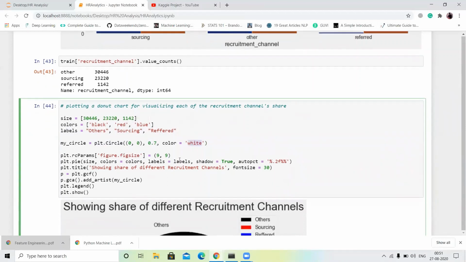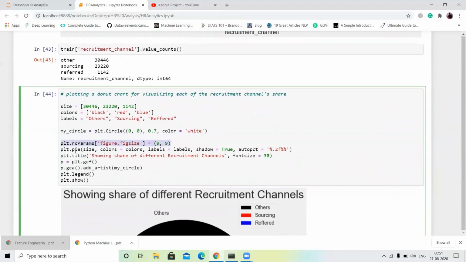Then I define the figure size, and then call plt.pie because I plot a pie chart. Next I define the size, color equal to colors, label equal to label, shadow equal to true, and autopct equal to percentage 0.2f. Next I define the title of the figure, and then I plot this.